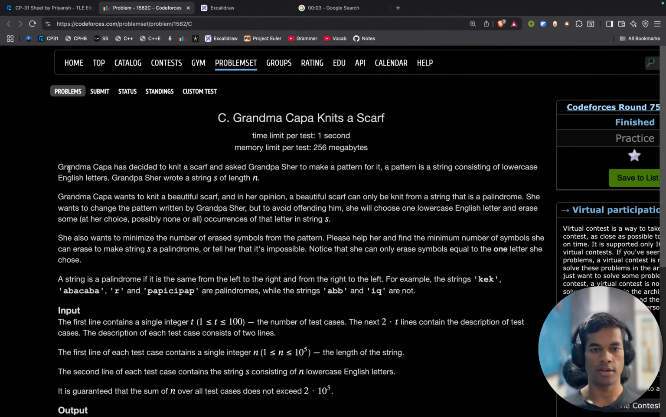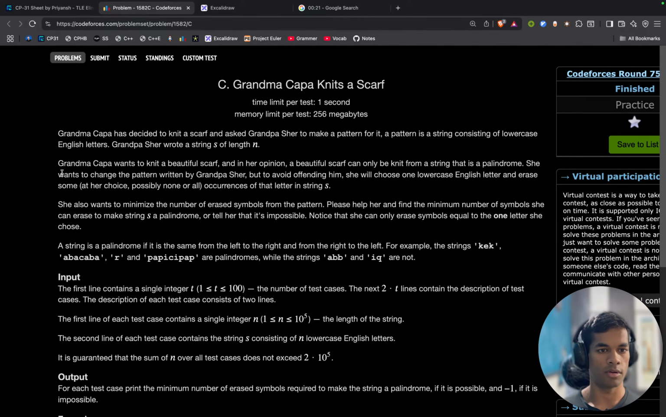Grandma Kappa has decided to knit a scarf and ask Grandpa Shear to make a pattern for it. A pattern is a string consisting of lowercase English letters. Grandpa showed a string S, and Grandma wants to knit a beautiful scarf. In her opinion, a beautiful scarf can only be knit from a string that is a palindrome. She wants to change the pattern written by Grandpa, but to avoid offending him,